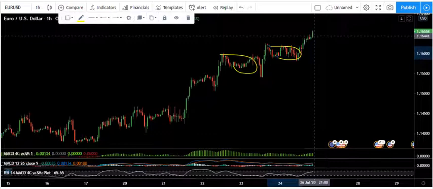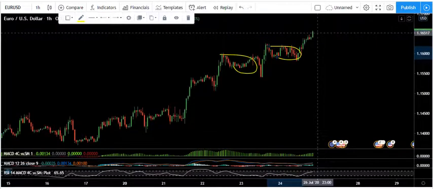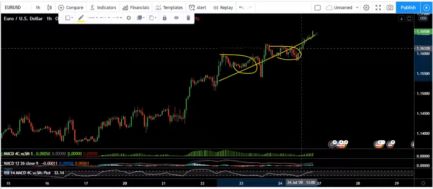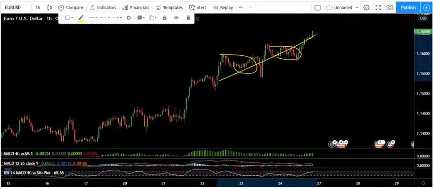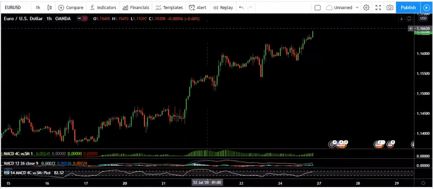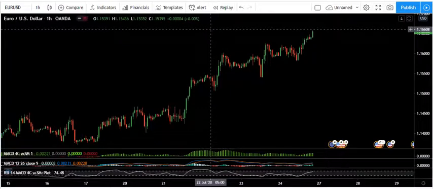The reason is in case we are expecting a deeper correction before the price continues to go higher. As we see we don't have any trade setup, and we just follow the market for the next week. If we get any buy setup similar to what we have here based on the 1 hour chart, we just take the trade and move our stop loss to break even as long as we get into profit. And if it continues to go higher, it's good for us, but if we get a deeper correction, then at least we can protect our trade. But